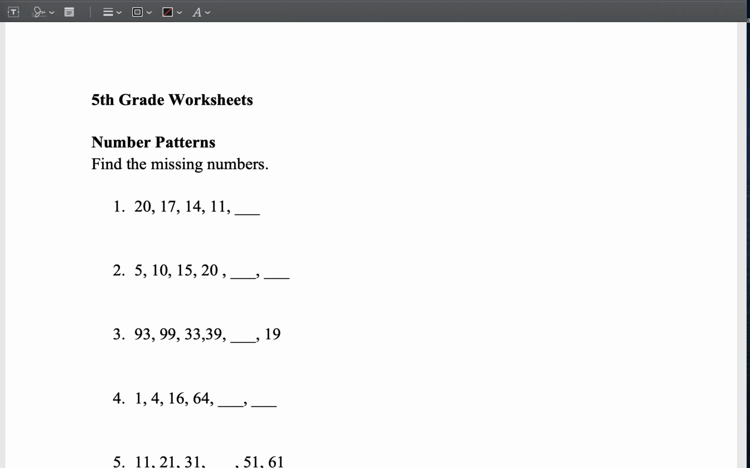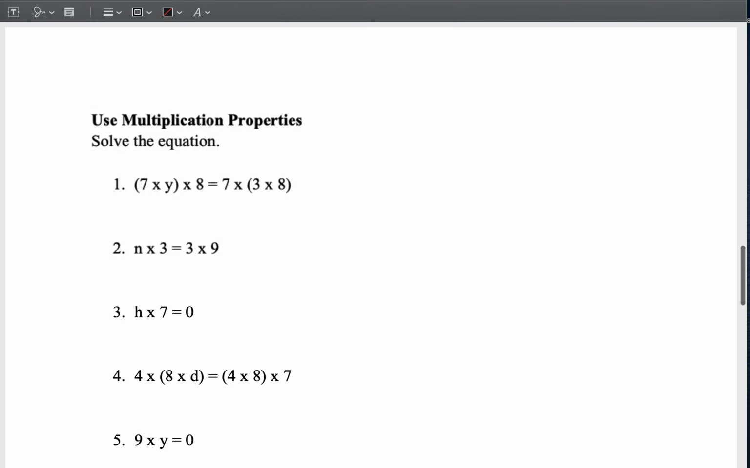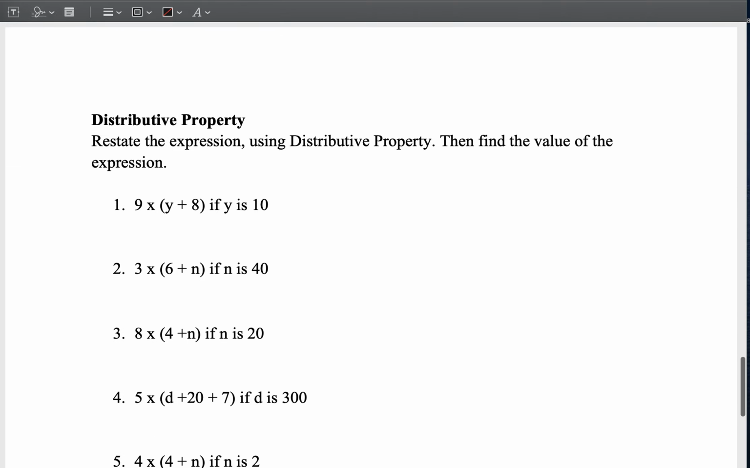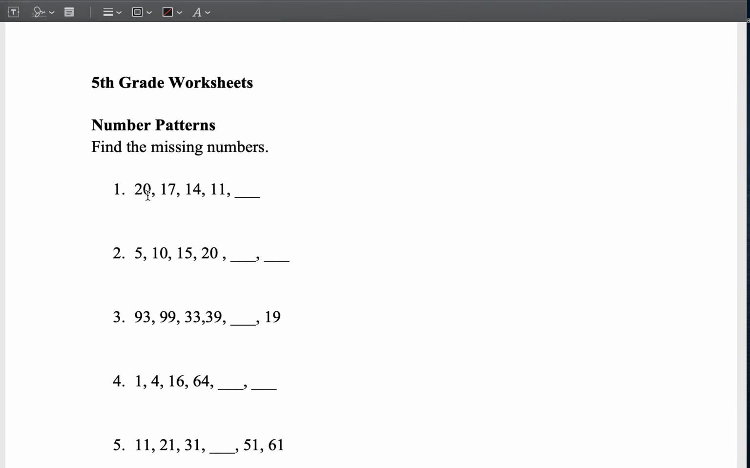Of our video today, and we're going to be going over 4 different topics: number patterns, functions, using multiplication properties, and the distributive property. So for the first one, we're going to be finding number patterns, and for the first one,